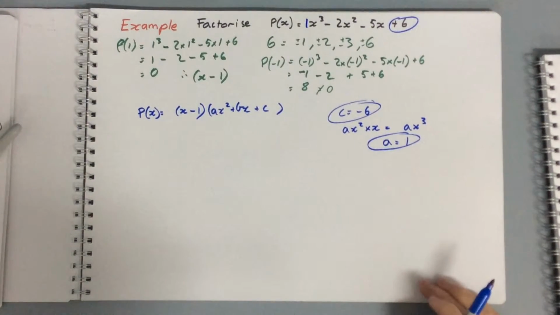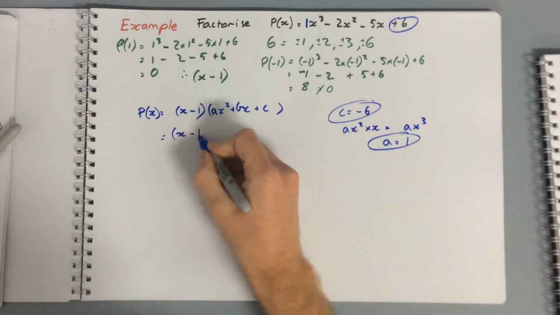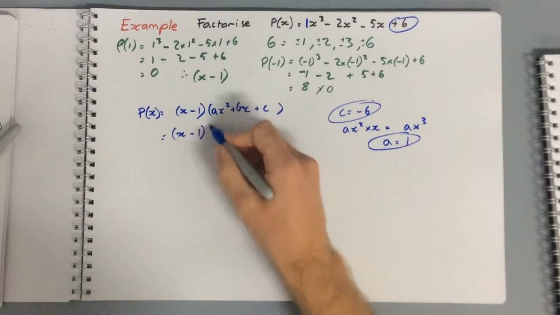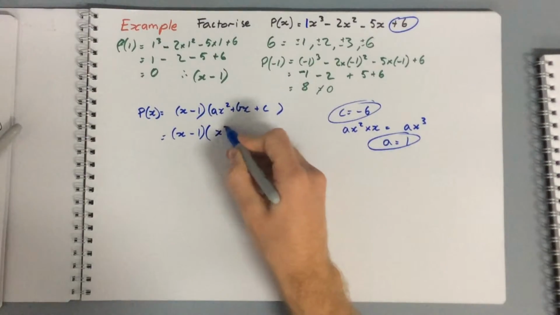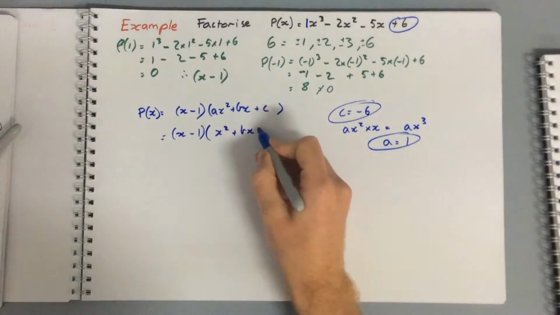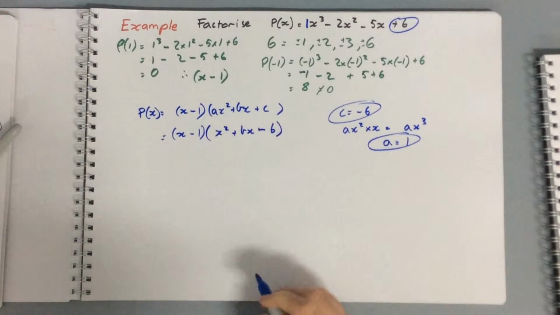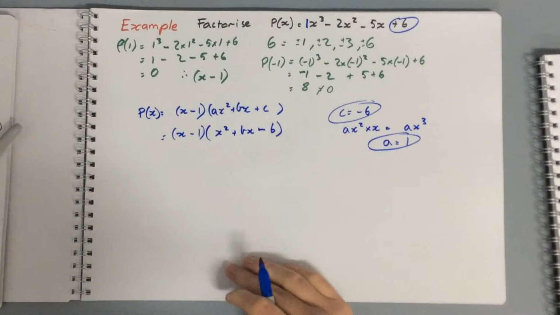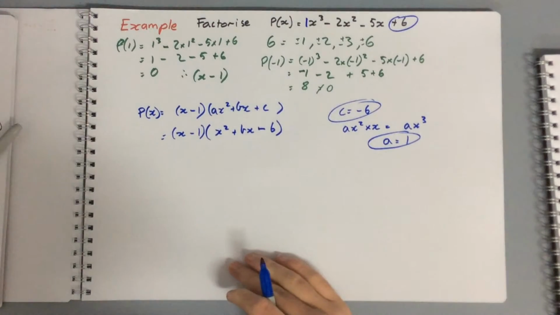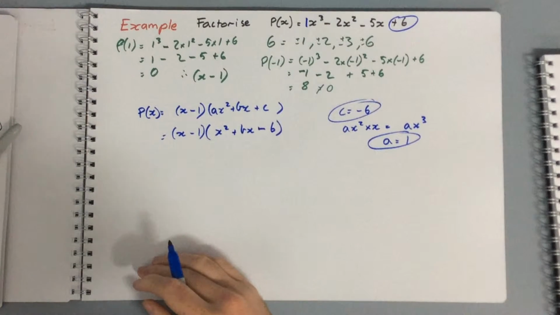So let's just rewrite it. So we've got x take A, x take 1, sorry. A is 1, so x squared plus bx take 6. Just need to find B. Now,